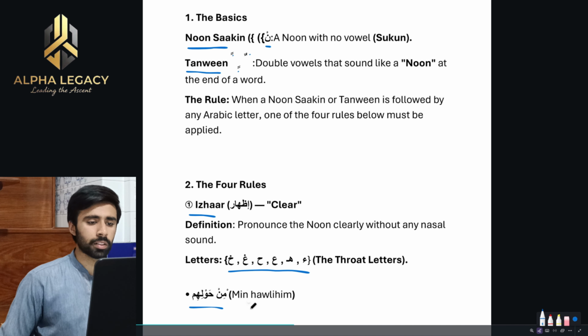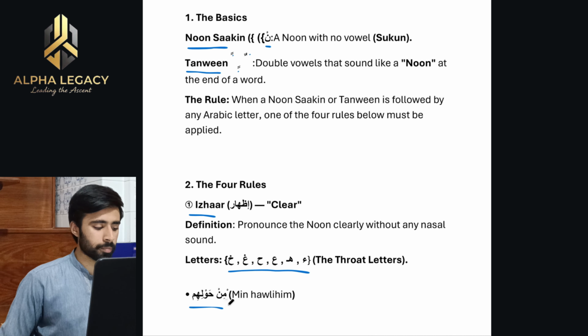The first example is min hawlihim, min hawlihim. Here you can see that there is a noon sakin, and in the next there is a letter ha. When this letter ha, which is part of the throat letters, comes here, we pronounce this like min hawlihim. Here the noon sound is very clear. Okay,